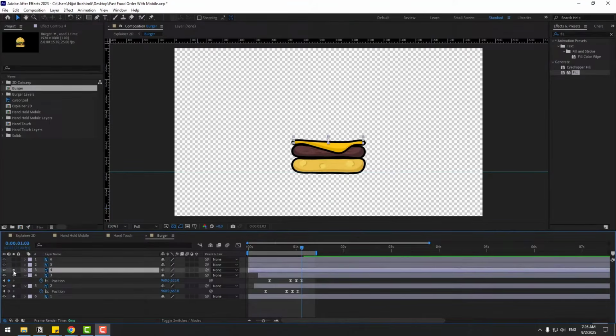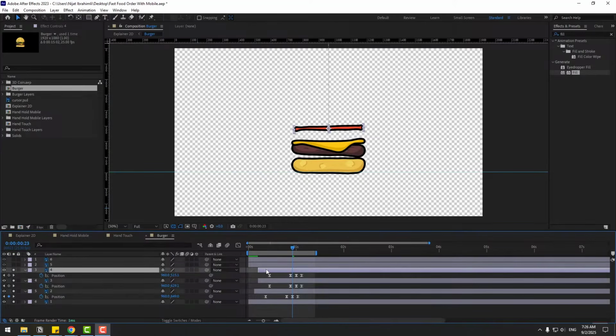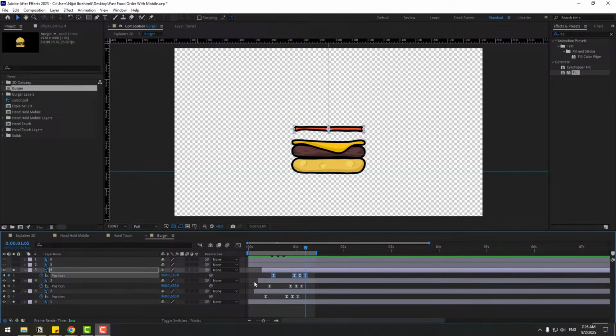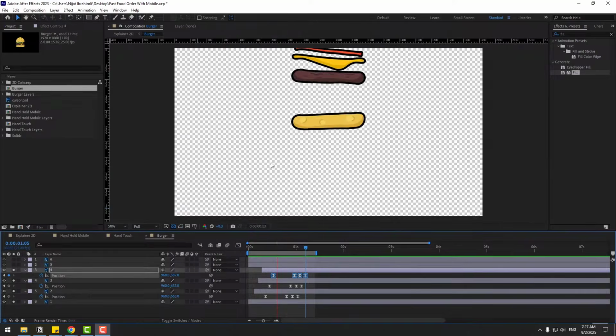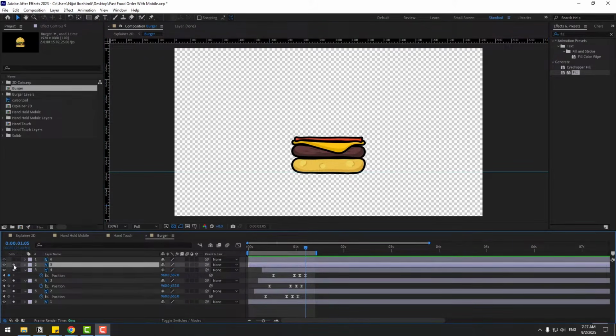Select this layer 4, go to solo, and go to first second, again Control V for paste keyframes, press P, select position keyframes, go to last position keyframe, and move up. And let's see. Select layer 4, move to right for 2 keyframes, and select last position keyframes, and move down. Okay, and that's good. Select this layer 5, go to solo, and go to first keyframe again, and Control V,